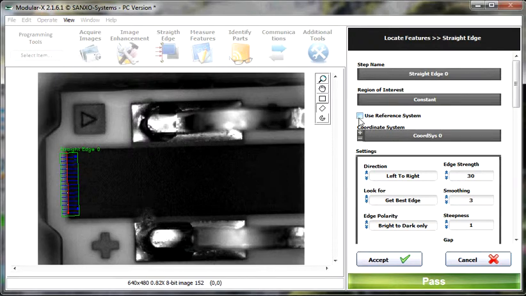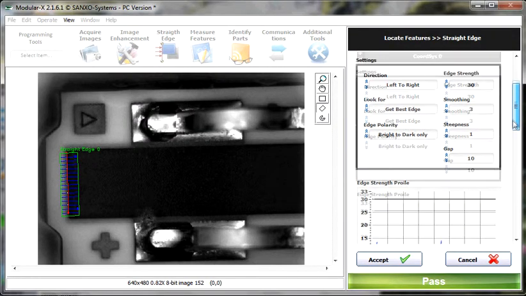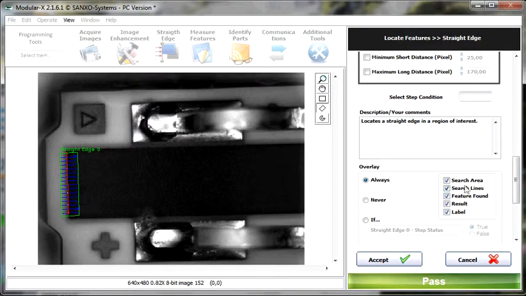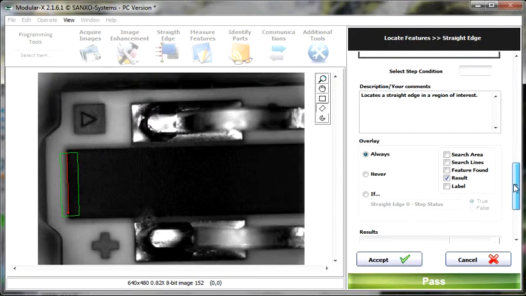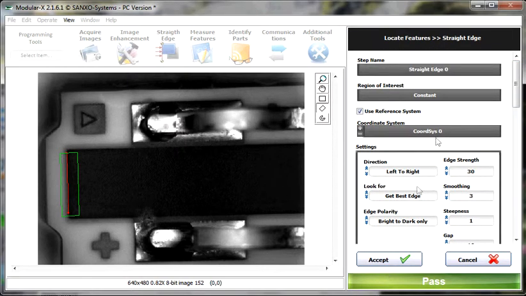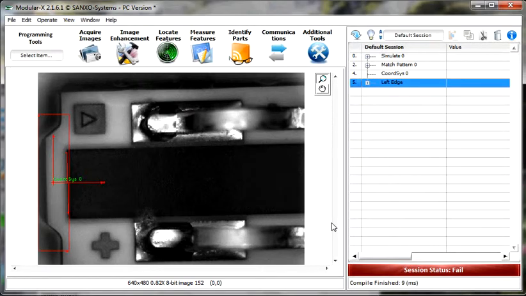And let's use the reference system, it's okay, and then disable the search area, the search lines, the feature found in the label. We want to see only the result to make sure that it found the edge correctly or not, and then click on the accept button. But before, let's give a name like left edge. Now accept. Let's do this with the bottom edge,